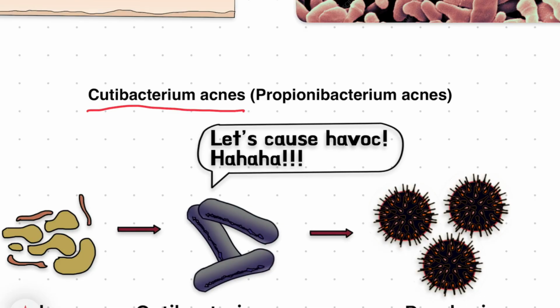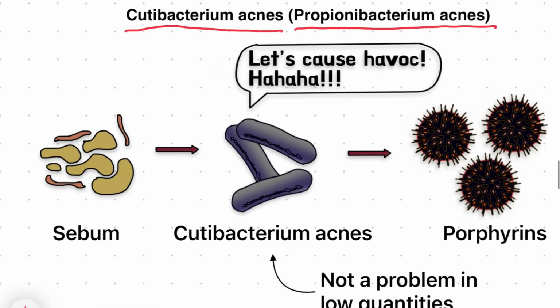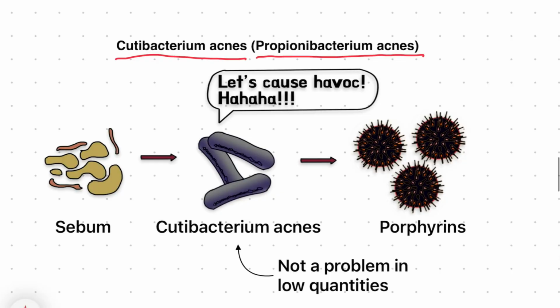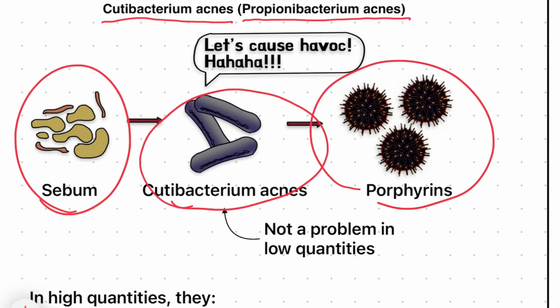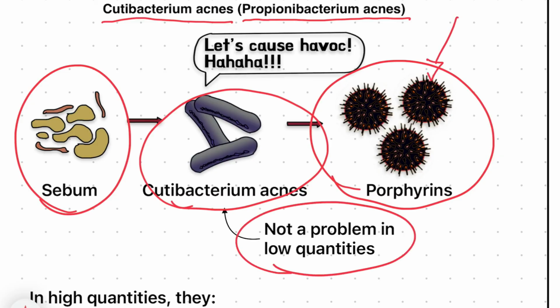C. acnes, which by the way used to be called P. acnes or Propionibacterium acnes, is the dominant bacteria in sebaceous-rich skin. And so we know that we have sebum on our scalp secreted by our sebaceous glands, and this can feed C. acnes, which can in turn release porphyrins. And this is actually not a problem in low quantities, but excess porphyrins can be inflammatory and cause damage to